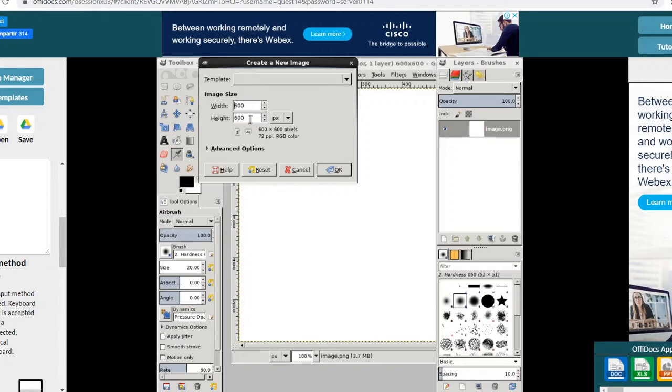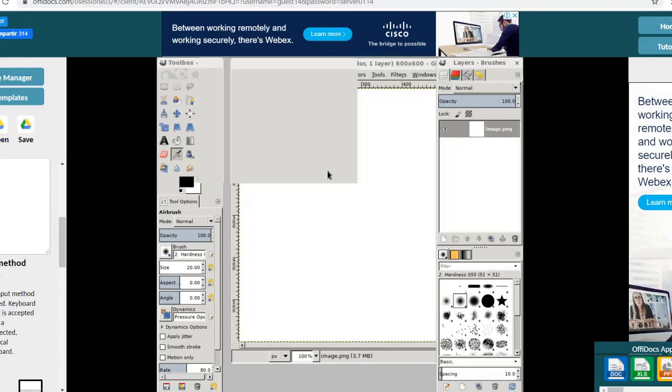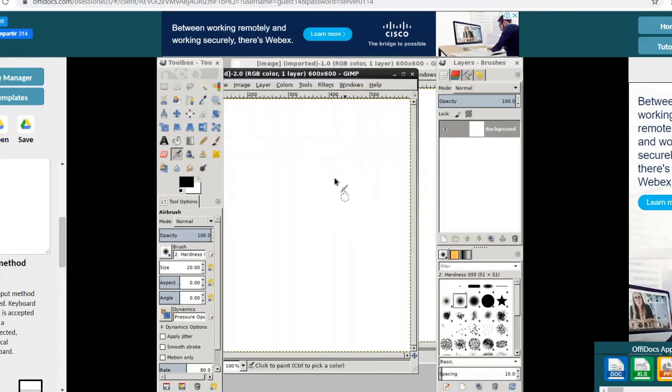Here you will enter the required height for your image. Select the required unit for the width and height of your image. After this, click on the OK button once you have made the settings. So in this way you can create a new file in GIMP.